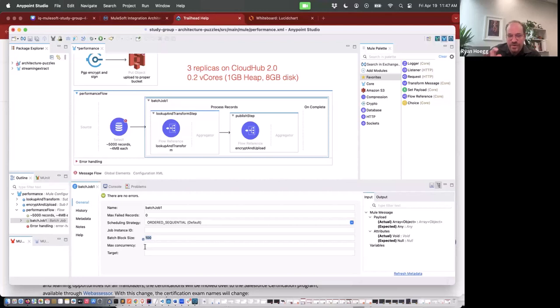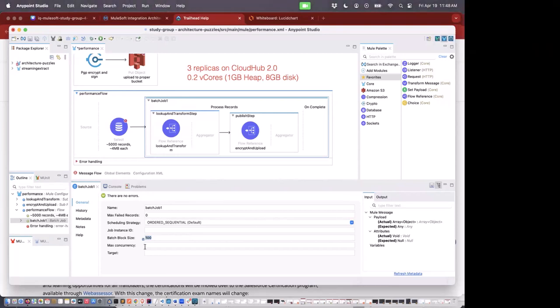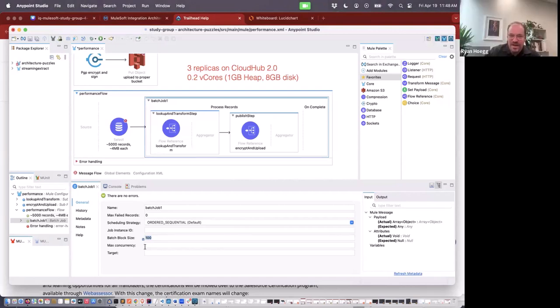So run it yourself, go look in the .mule directory. You will see your whole batch go into one file, and then the blocks come out of that file. So they're used for processing, not for loading. When we do loading, it's always on the disk. Always on the disk. There's an exception on CloudHub 1, but